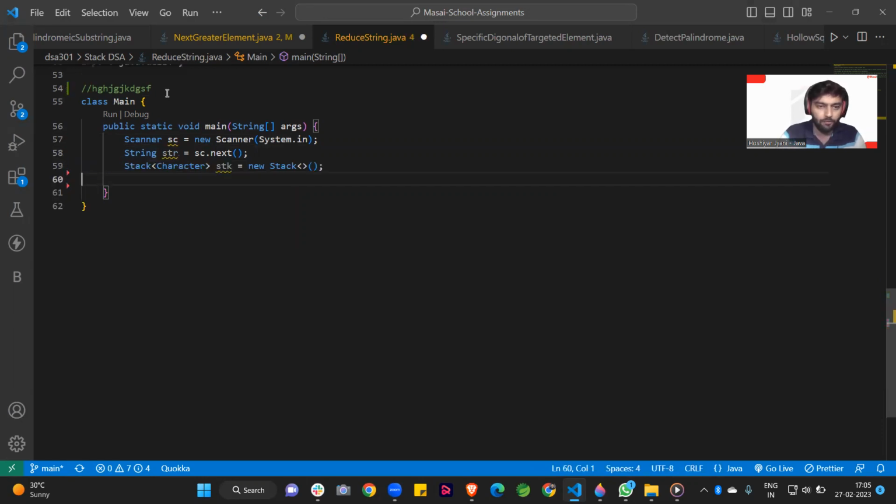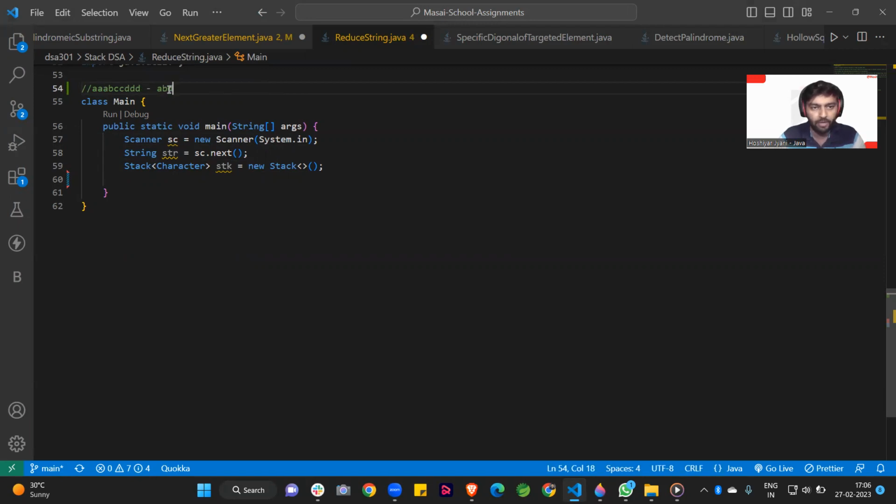After that, we are running a loop. So I am writing our original string here, like a b c c d d d. This is our original string, and we get the output: a, then b, then the two c's are removed, and one d is remaining.